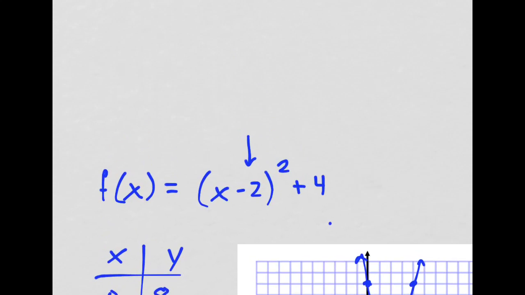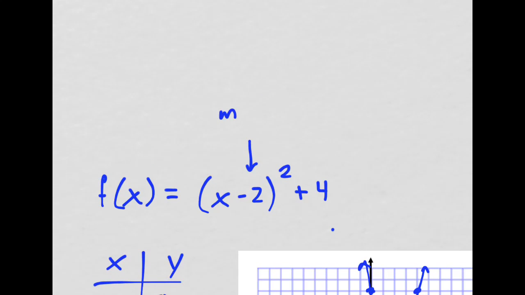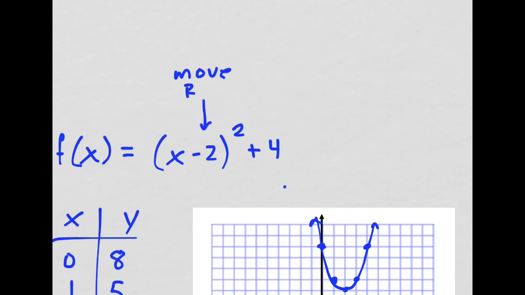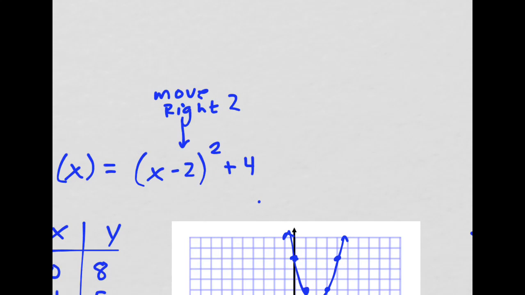This tells you that we are moving, or move, to the right 2. And that's because it's negative there. It's kind of backwards. Normally you would think, oh, it's negative, that means to the left. But in this case, for the x's, when it's on the inside of the parentheses, that means it's backwards. Here, this 4, it's plus 4. That means move